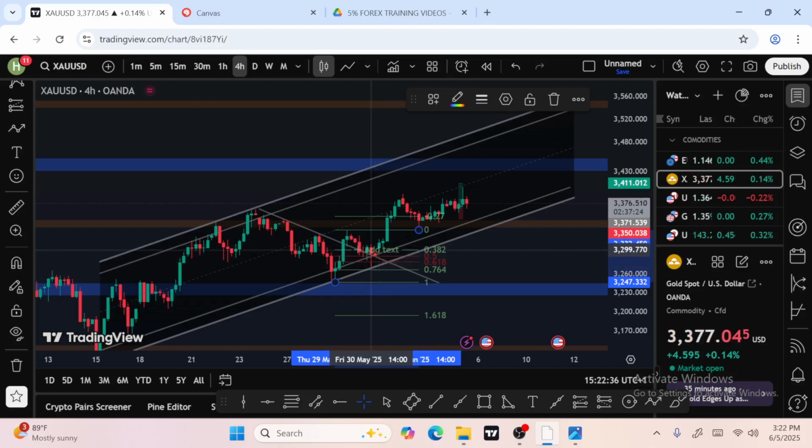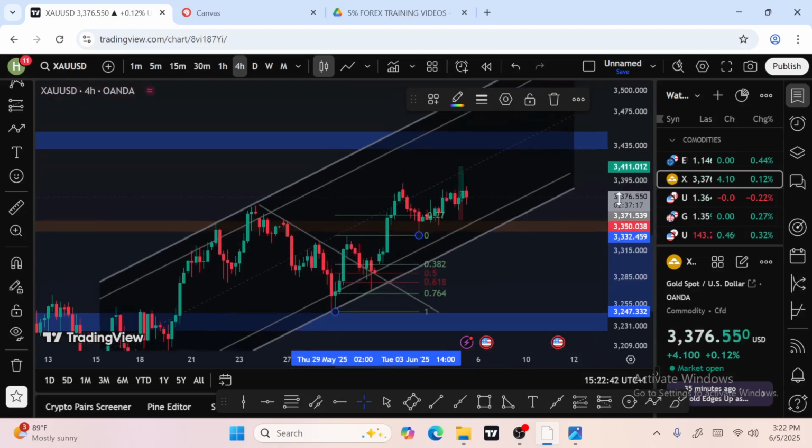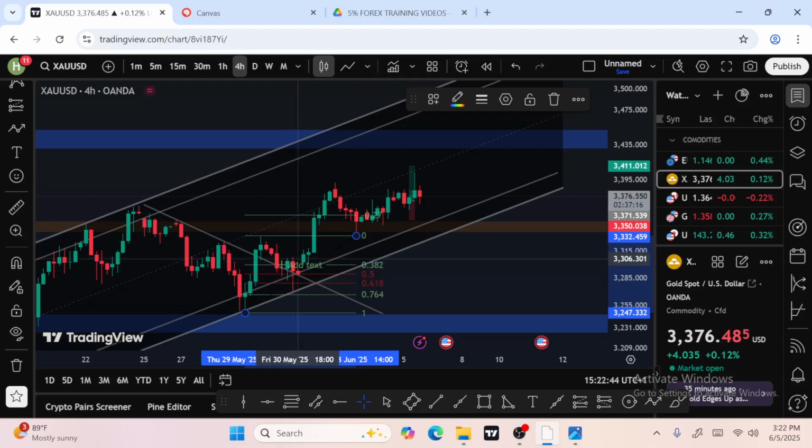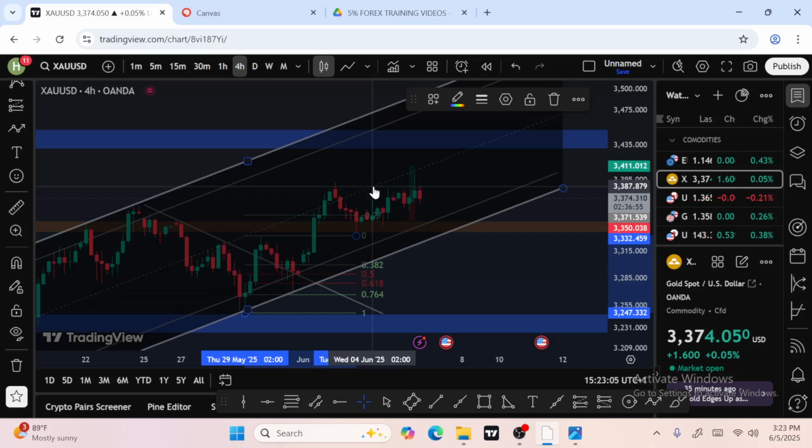A gap. Don't forget that a gap to the upside is a bullish movement. Yes, I've told you before. Whenever you see a gap to the upside, that is, the market was bought. There was a buying transaction in that period, but there was a break as at that point. That is why you have that gap. It happens most of the time when there's closure of the market and it opens the next period.